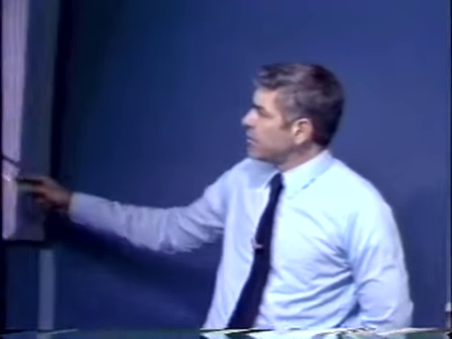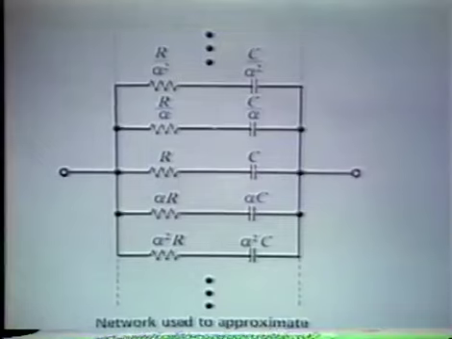You can choose that, or you can look at that situation and use a value of alpha that's the square root of 10, which gives you 1 pole and 1 zero in the transfer admittance of the network per decade in frequency. And you find out that the peak-to-peak ripple associated with the phase shift of that network is only 3 degrees. So we can approximate 45 degrees, the desired value, and the peak-to-peak ripple associated with that approximation, assuming that all of the elements had the specified values and there was no component tolerance, would only be 3 degrees. Well, in order to see how that works, we've built up such a network, and here we have,